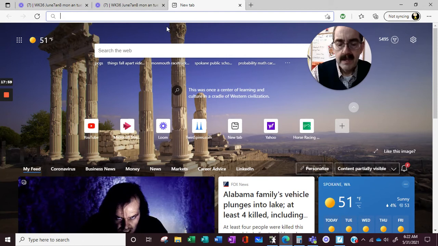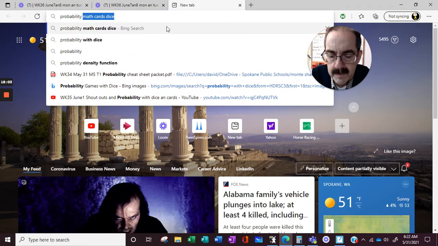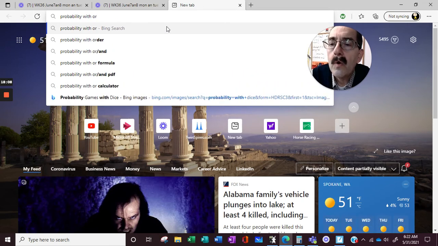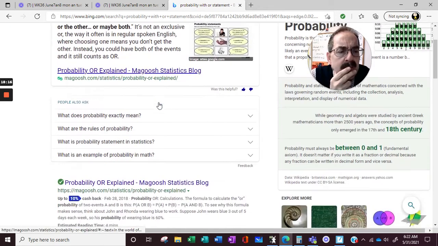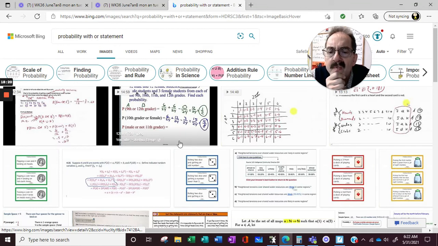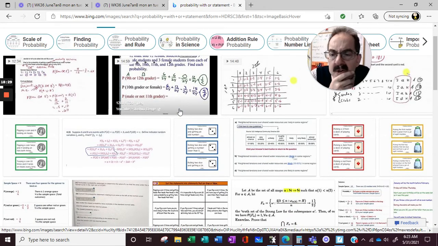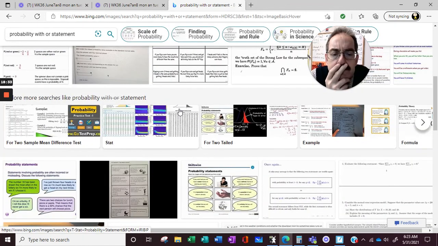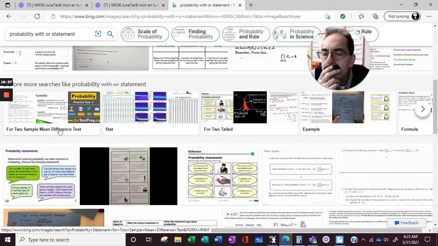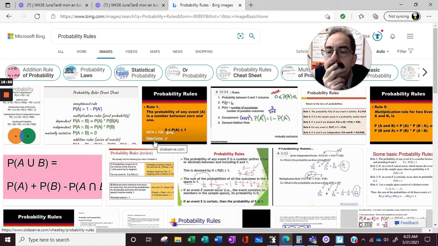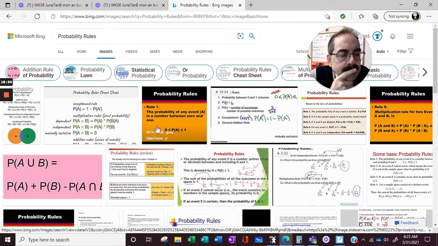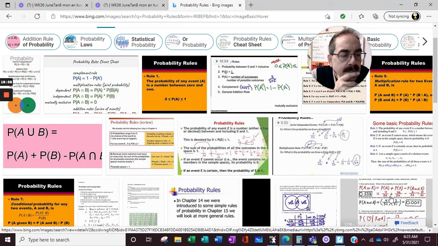Let's Google probability with or statements. Probability of an or statement. Okay? Go to our images and see if we can find one. Okay. Let's see if we can find an or statement here. I just saw it. There it is. There it is. Okay, now,